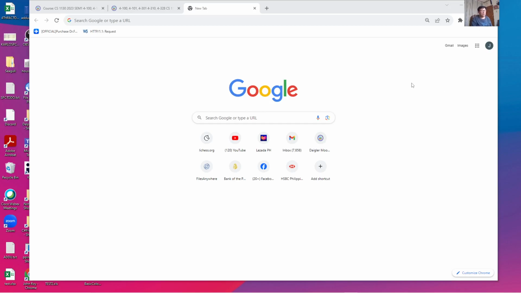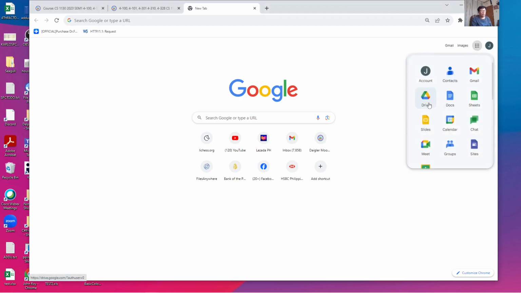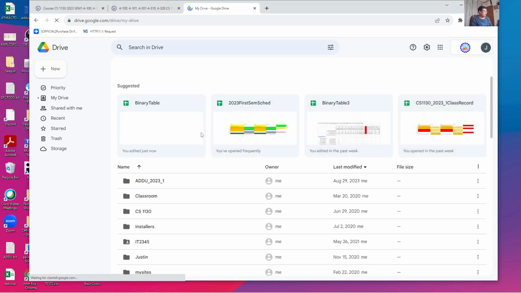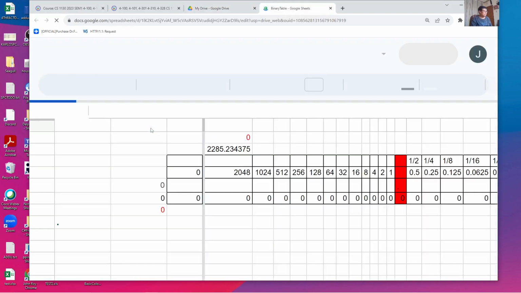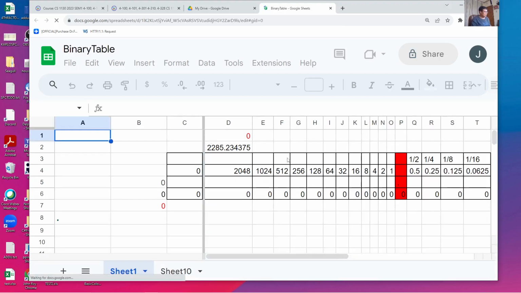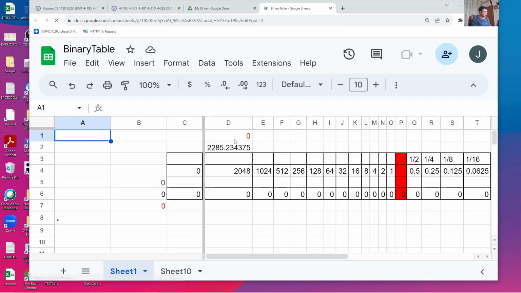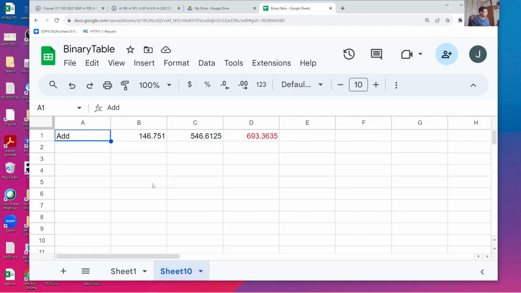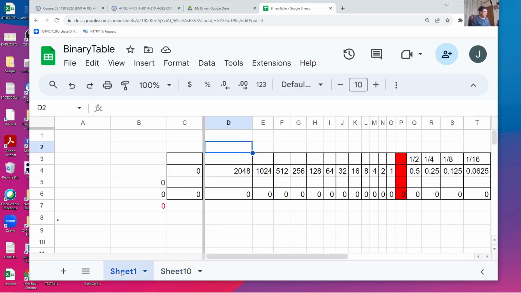To show that example, let us head over to our Google Drive and then open our binary table. So this is our binary table template, which I've shown you earlier, which we will use in converting and later adding two binary numbers. In this example, we are going to add the numbers 146.751 with the number 546.6521 on a different sheet in our Google Sheet. Sheet 1 remains to be our repository for our binary template. Let us copy this binary template